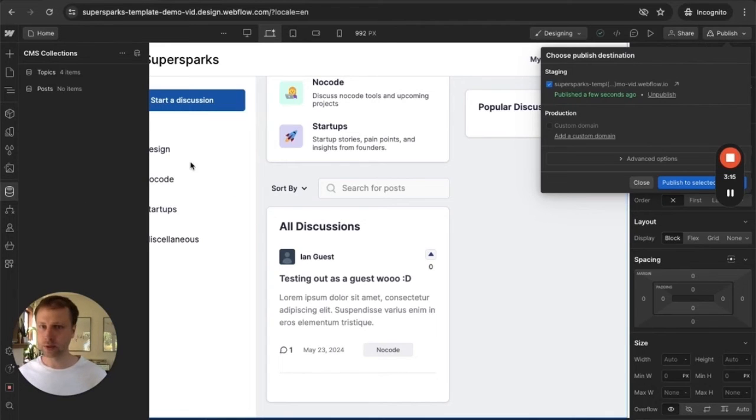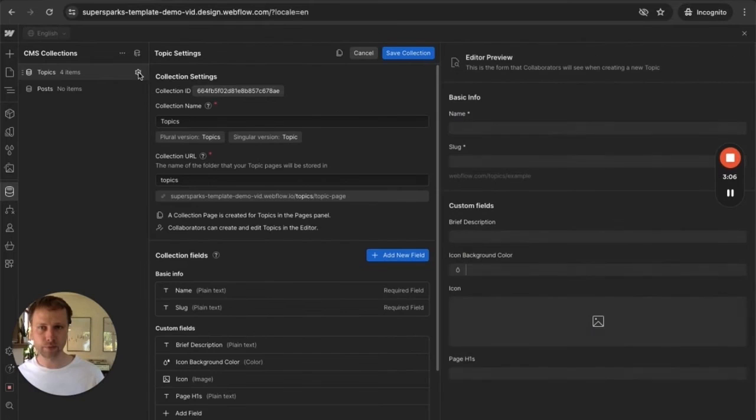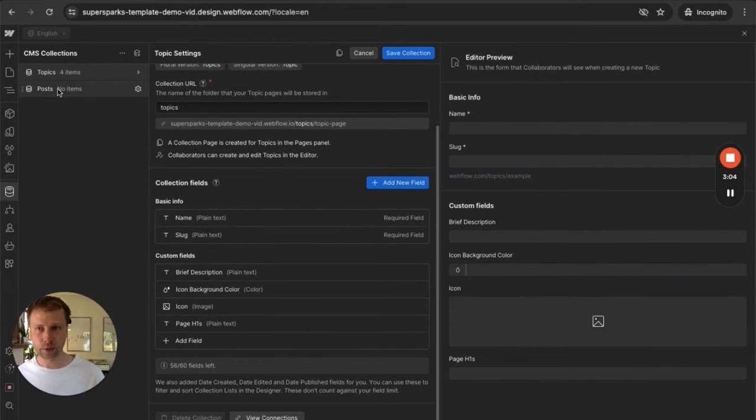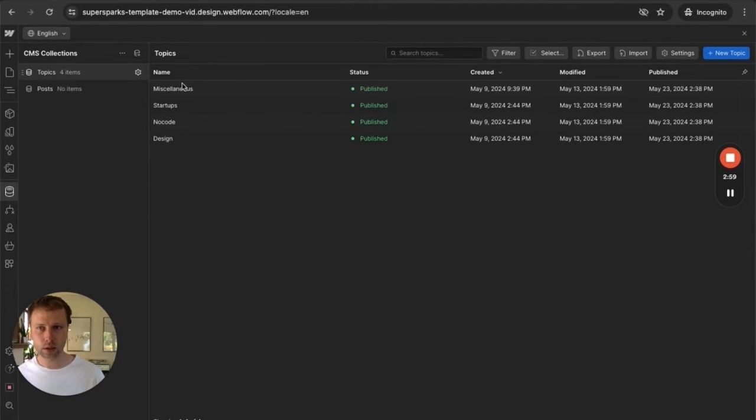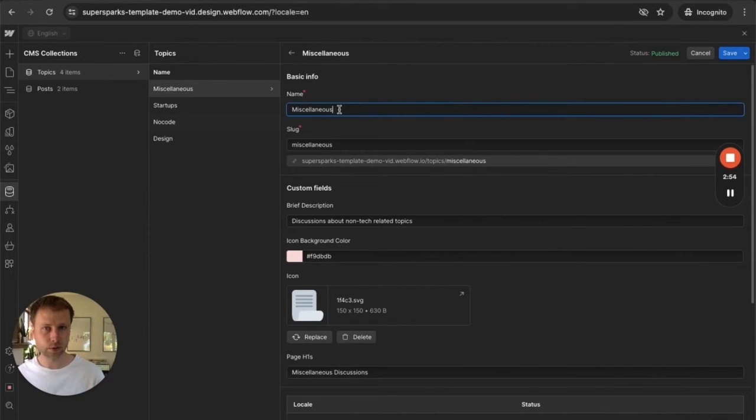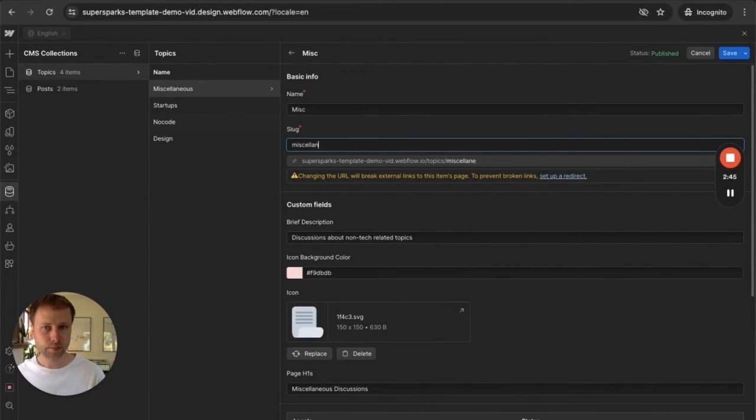What you're going to want to do is go to the collection for topics inside of Webflow. So for example, if I wanted to change the miscellaneous topic to MISC, and you can also change the icons and background colors and whatnot, but I'm just going to show you how you can change the different